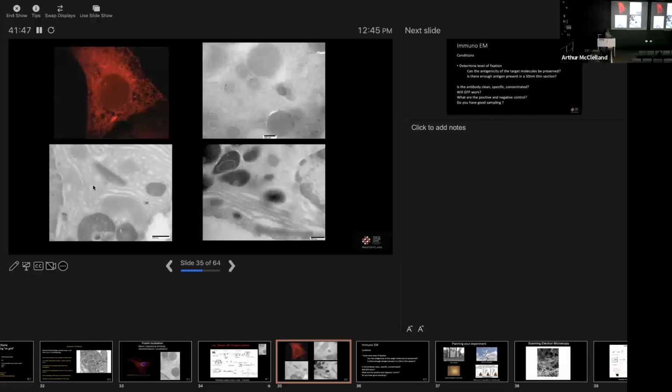In this one, it's pretty much in all of the lumen of all of the ER, especially in these pinched off vesicles. And then in this one, it's only in the external lumen of the ER. So it's not close to the nucleus, it's only on the outside. And you're not going to see that with immunofluorescence or confocal or super resolution.